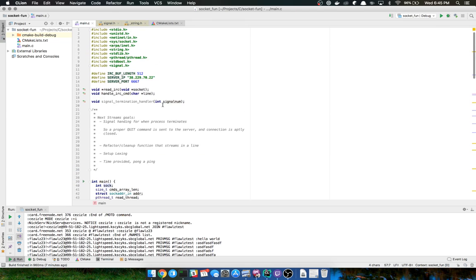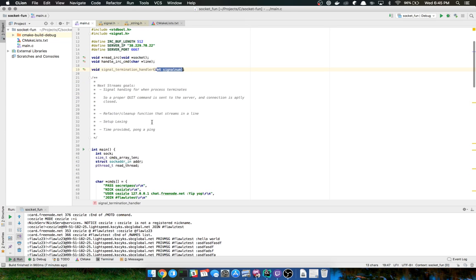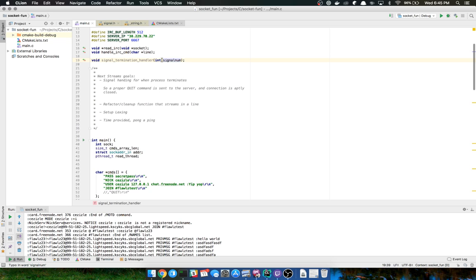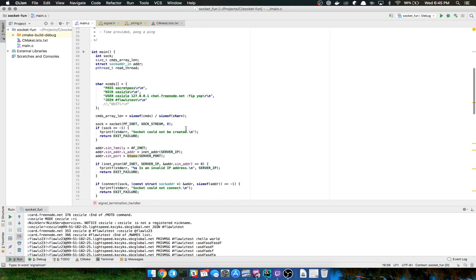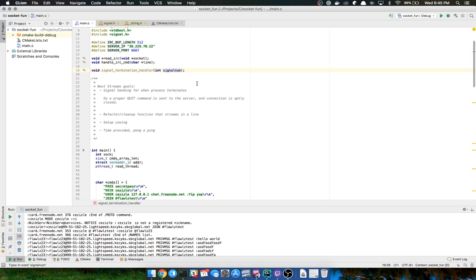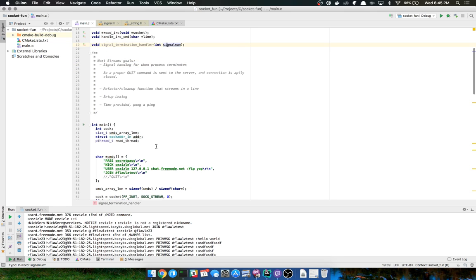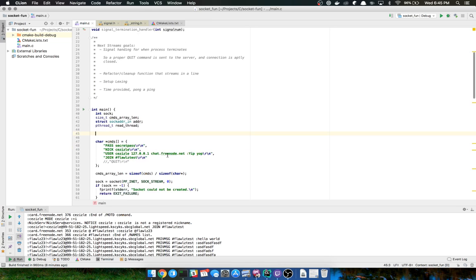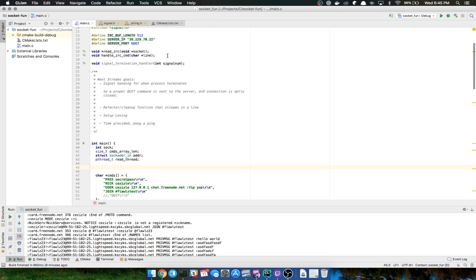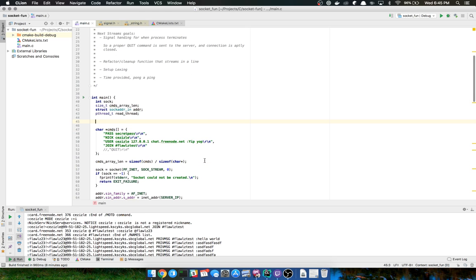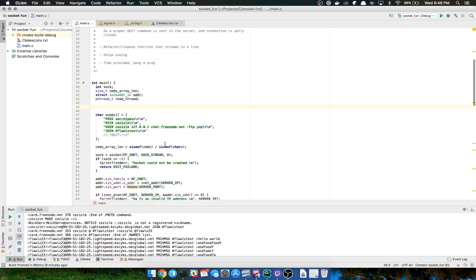Now, the nice thing, I guess, with the P threads, is you can pass in a function pointer to your function that handles the callback, and then you would pass in some void pointer of whatever you want. So I don't know how I'm going to do this, but what I need to do is figure out how to get the socket number into this callback function.